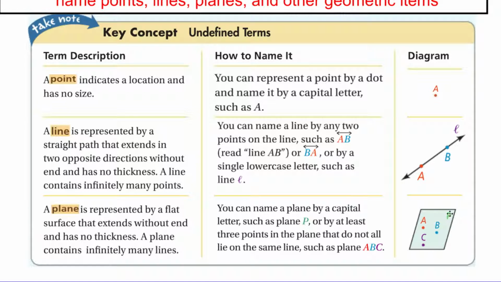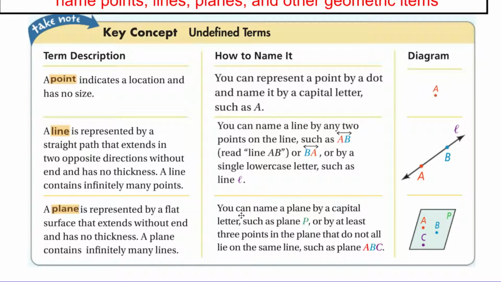So here's your example. If you take a look, this capital P does not have a dot next to it, and it's usually up in the corner of the plane. That would indicate that that is the name of the plane, whereas the A, B, and C all do have the dots next to them, so I know that that's a point. I could use that capital letter that does not have a dot next to it as the name,